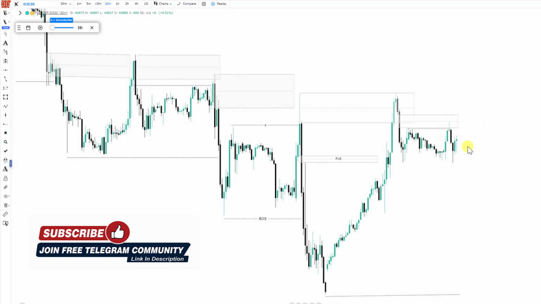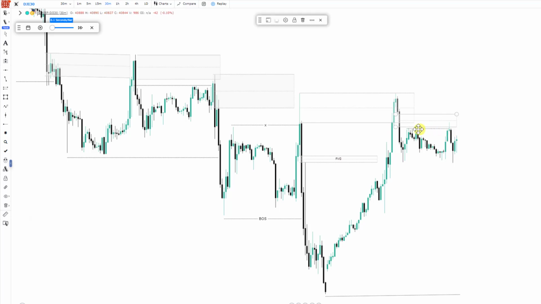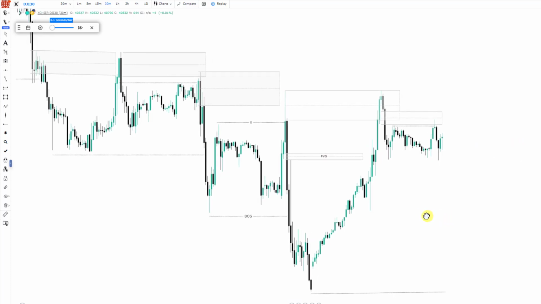So this is a very good confluence. You see price builds liquidity, accumulates for some time. Now we have the manipulation where price sweeps the liquidity above this high, not just sweeping the liquidity. Now it mitigates a fair value gap, that is rebalancing this fair value gap we have right here. Now we have this series of mitigation. Now when you see this series of mitigation, this gives you the confidence that this is actually a good trade